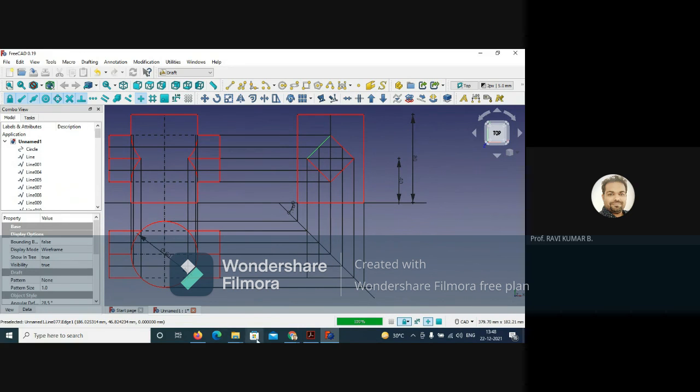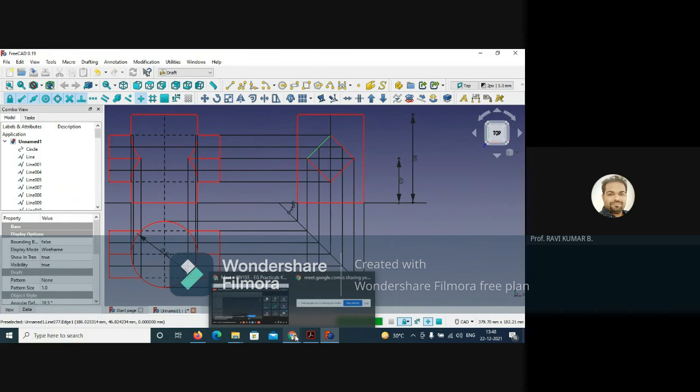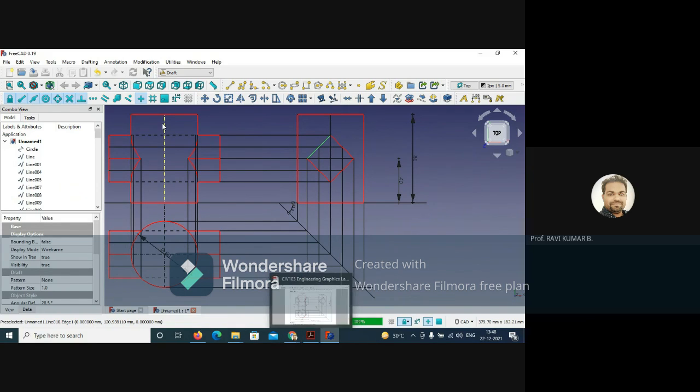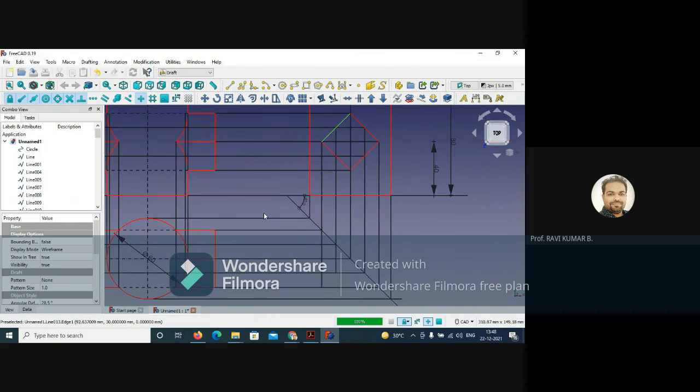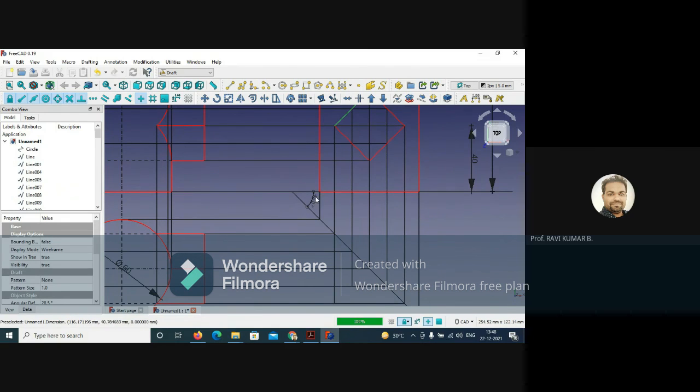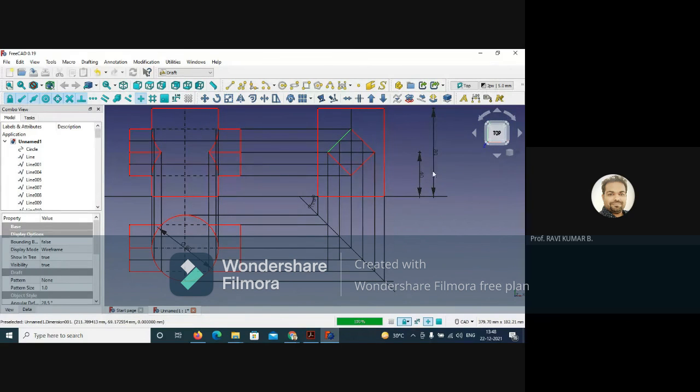Yes, so now I'm open for your queries. If anybody is having a problem, I can repeat that step, and just keep in mind this is a dashed line. This is not a dash dot. Only the axis line will be the dash dot. All hidden lines will be dashed lines. Clearly it should be used. And the font size you can adjust, like this is not visible, you can increase the font size slightly, then it will be visible like this.